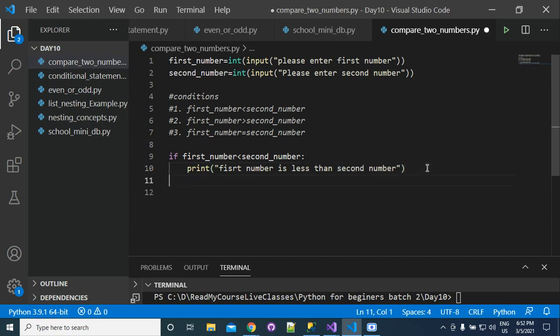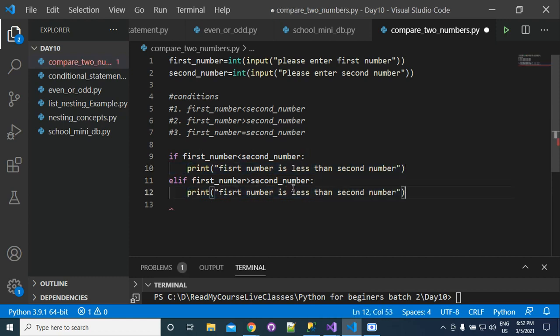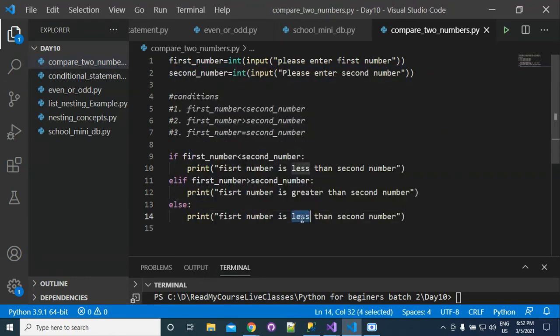And then you will write elif first number greater than second number, then print: first number is greater than second number. Else, you will write here: first number is equal to